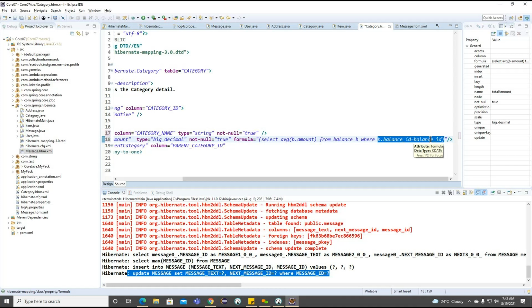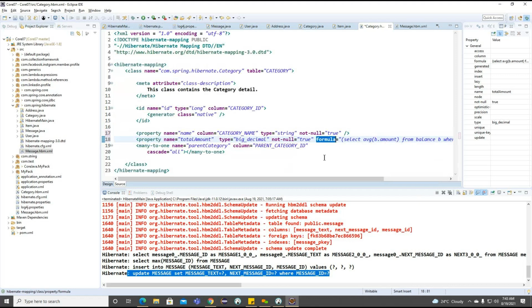This value is injected automatically, so we need to be very careful when we define it. This is all about the formula to inject the value based on some conditions.